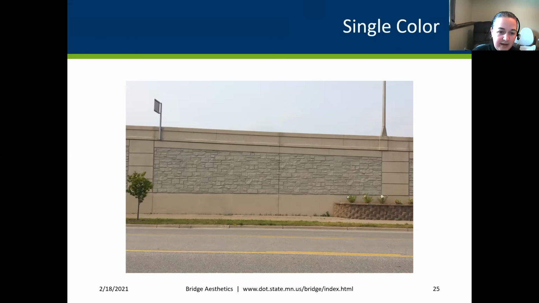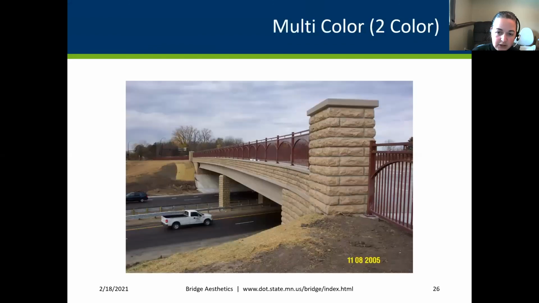So we can just do it and paint it one color, and you can see it still looks very nice because you get a lot of shadows. The rougher the stone, the better a single color is going to appear. Here's an example of a two color. So they color it, and then they go over it with a highlight color to really accentuate those divots and those pock marks and all that stuff.